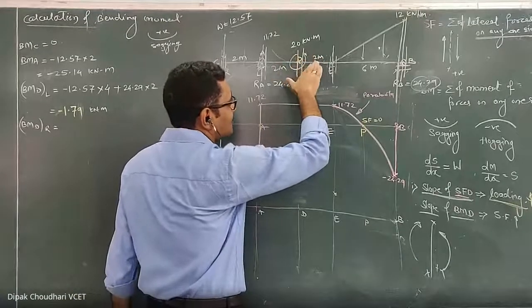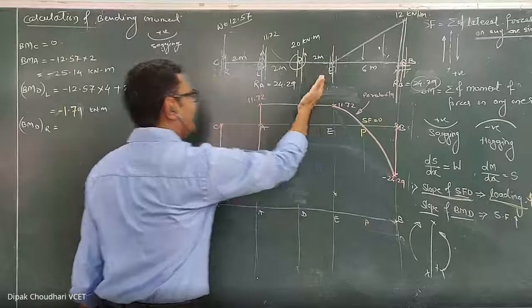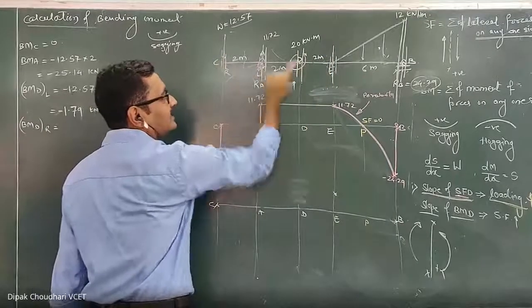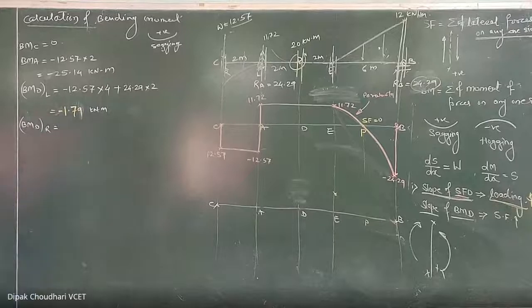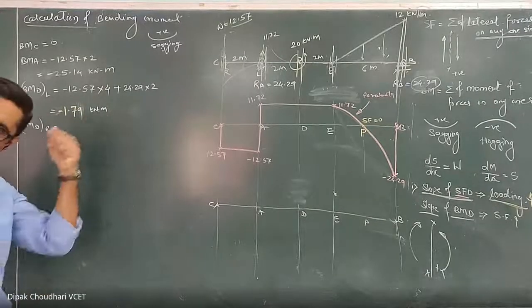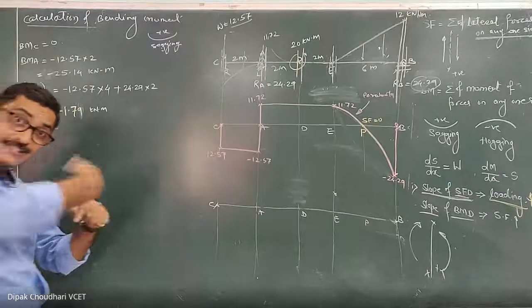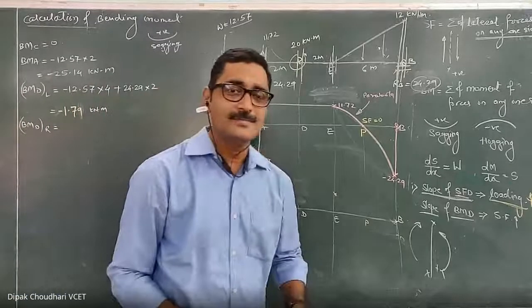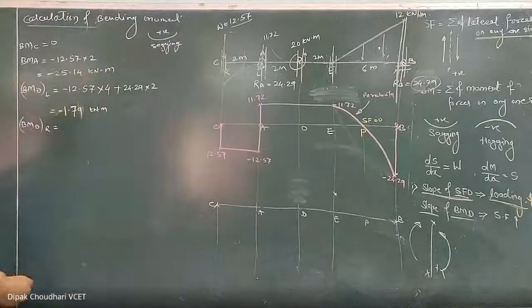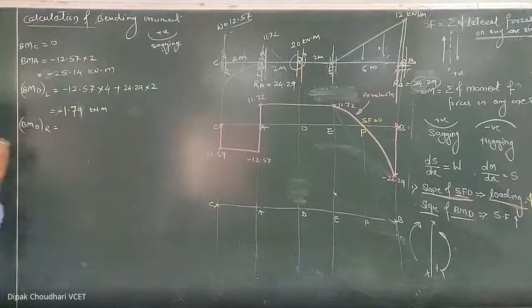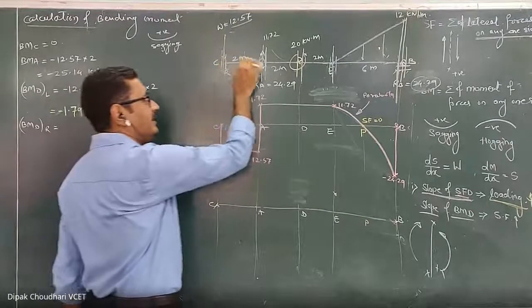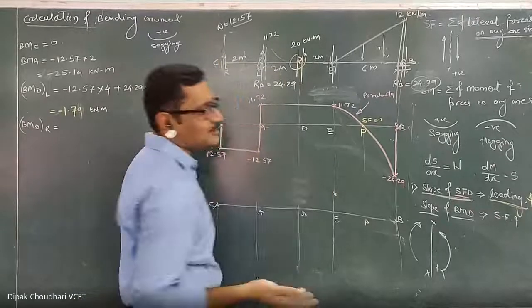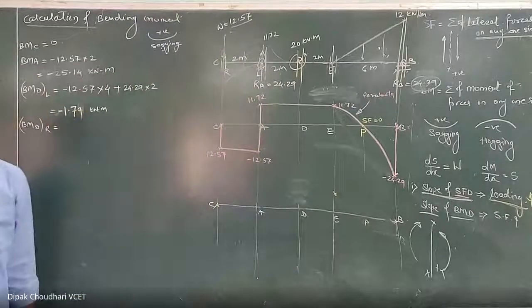When I consider the section on the right side of D, on the left side of that section these two forces and this moment are there. Now the moment is on the left side of the section, because the moment is acting at point D and D is on the left side of the section. The section is on the right side of D. So to calculate the bending moment at point D, assuming the section on the right side, I consider the forces on its left side. On the left side there are these two forces and this moment, whose moments I have to sum.